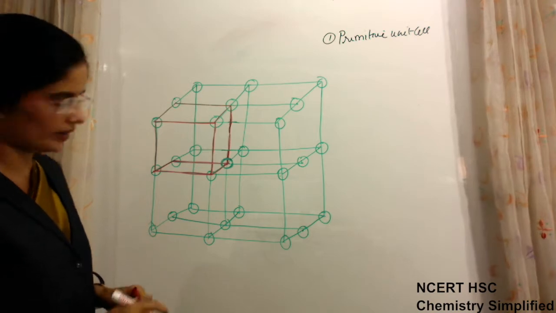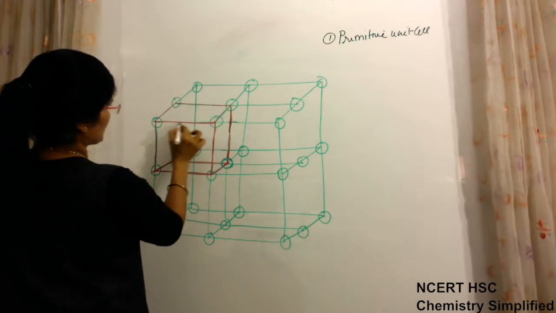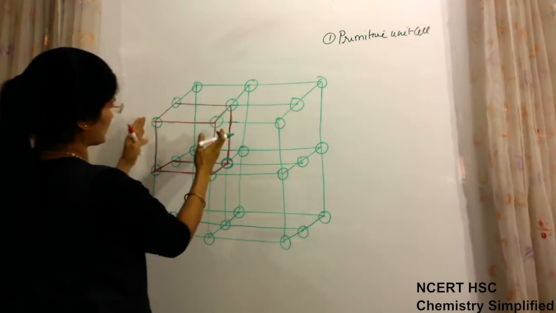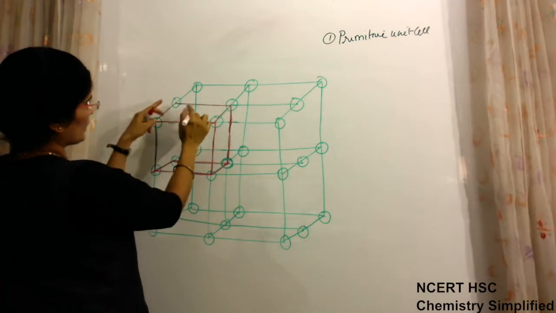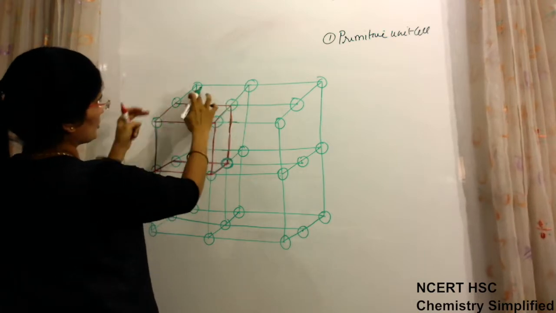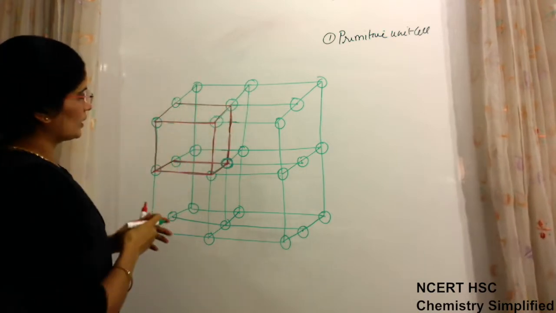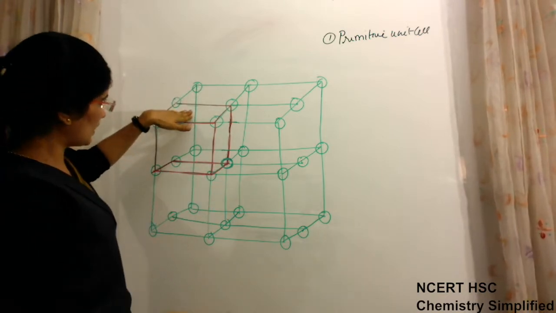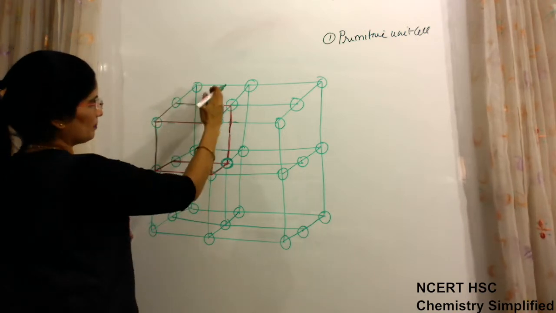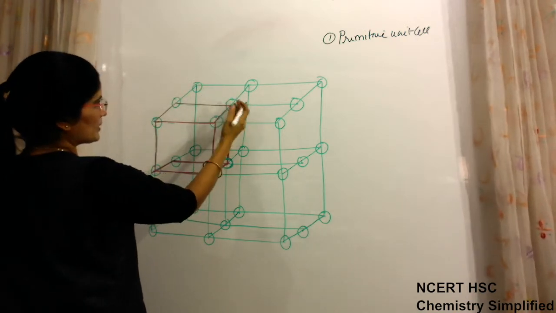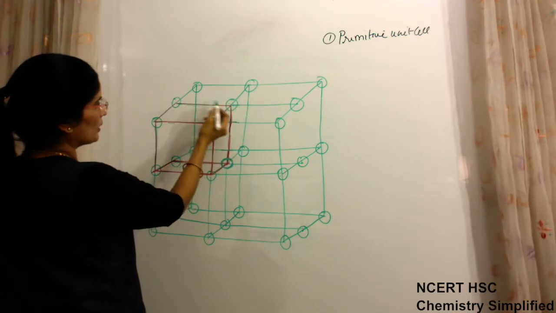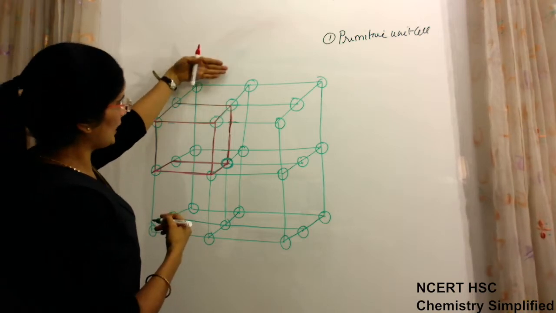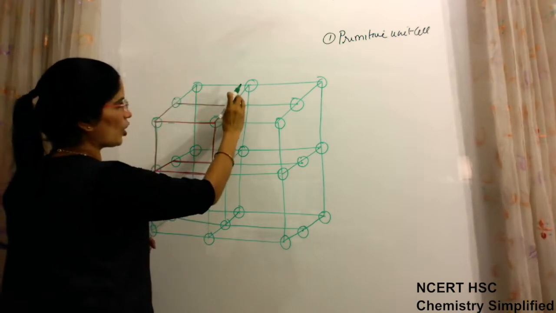If you see at the top layer, one unit cell is this, one unit cell is behind this, which is having 1, 2, 3, 4 points at the top on one face. This is one face of another unit cell. Now the particles which are present on the sides which are common are shared by both, meaning the unit cell behind it and the unit cell in front of it are sharing the common particle.